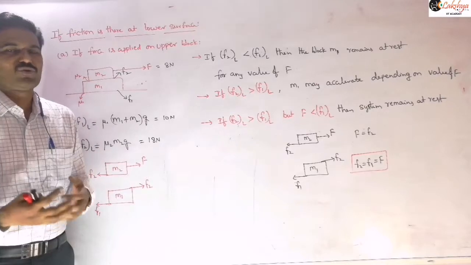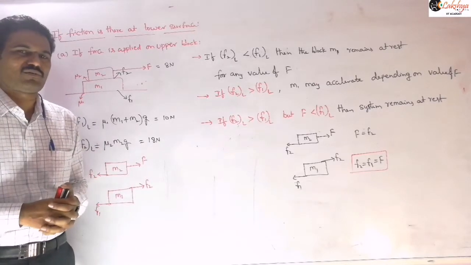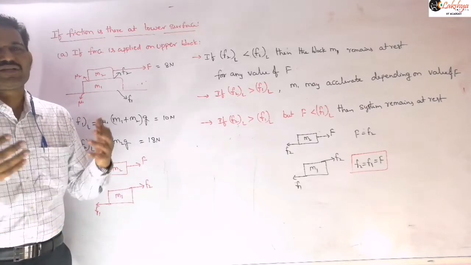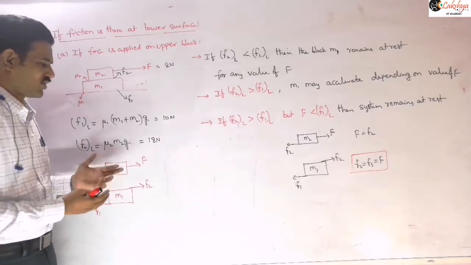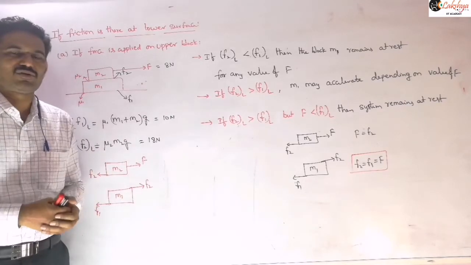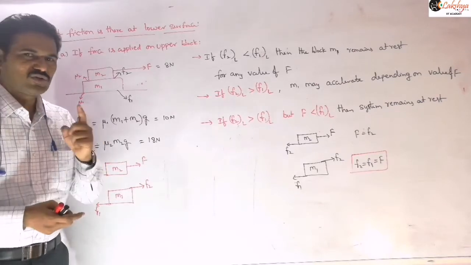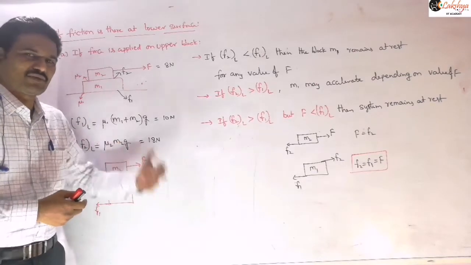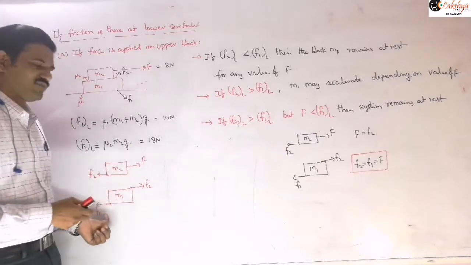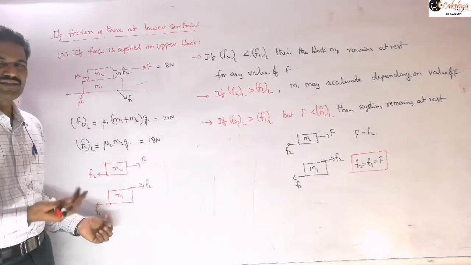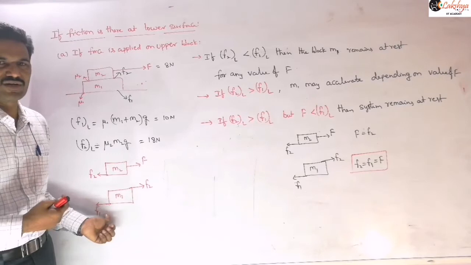Just assume that the system is moving with the common acceleration and check what will be the frictional force acting between the blocks, and whether that frictional force is possible or not. You need to remember one point here: when the system is accelerating, the friction will be limiting friction only,